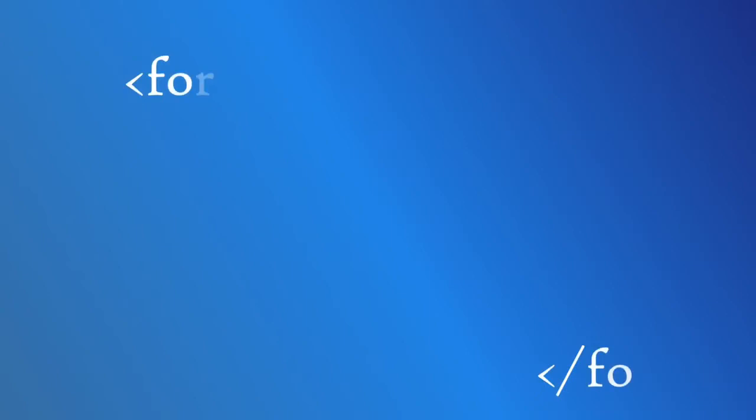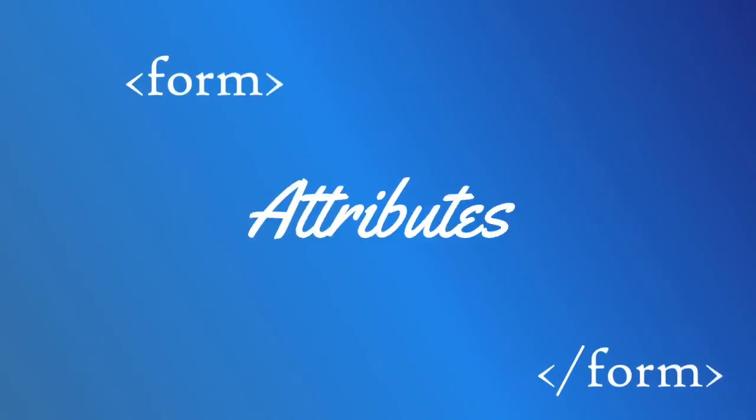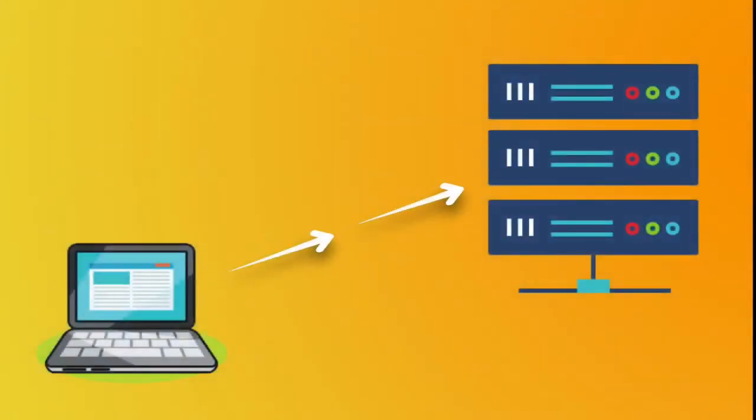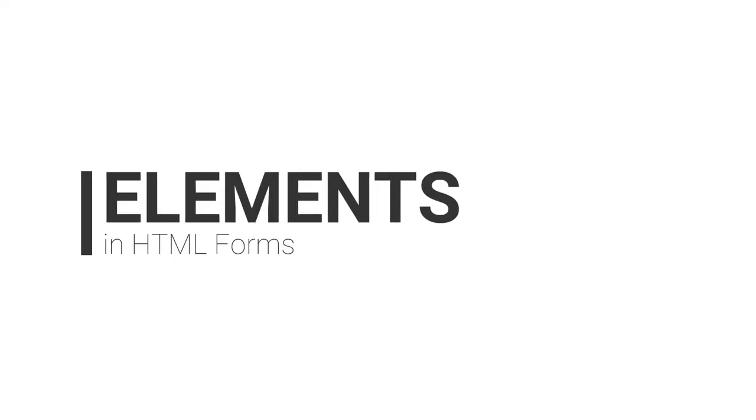So to create a form, we use the form tag obviously, and in that we have some attributes. In the form, we have method and action. Method is the way of sending the information which we give in the form to the server. We have two methods in that, get and post. We'll be discussing that in the server videos, but as this is HTML, we'll be just talking about the HTML part. And in the action, we will give the URL of the server, which is the address of the server. So let us talk about the elements in this form.